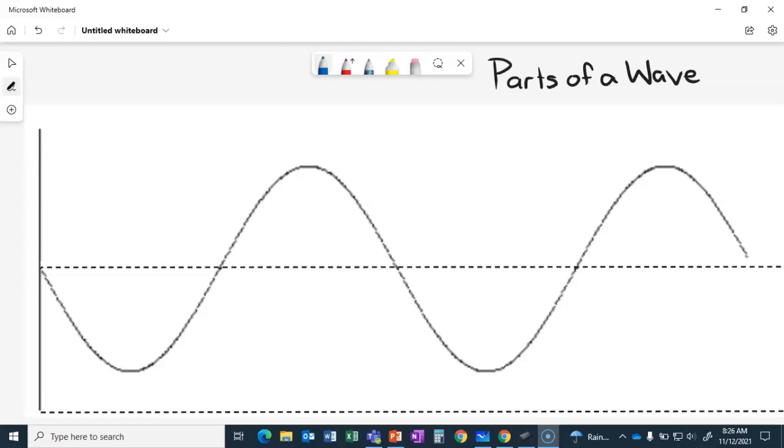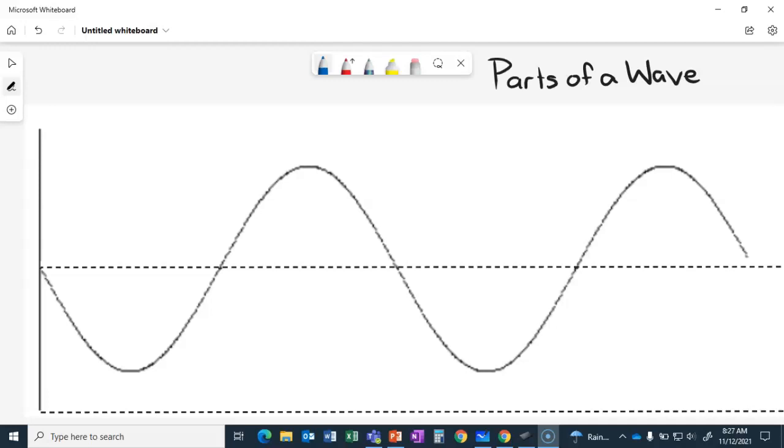X-rays are a type of wave. Radio waves are a type of wave. In fact, cell phones and a lot of electronics use radio waves to communicate information. There are a lot of different types of waves in our world. We can't actually see waves, and the reason for that is because waves are just energy. Energy is not something that we can see. However, it's energy that moves through a substance, and we're actually going to write that definition on our paper.